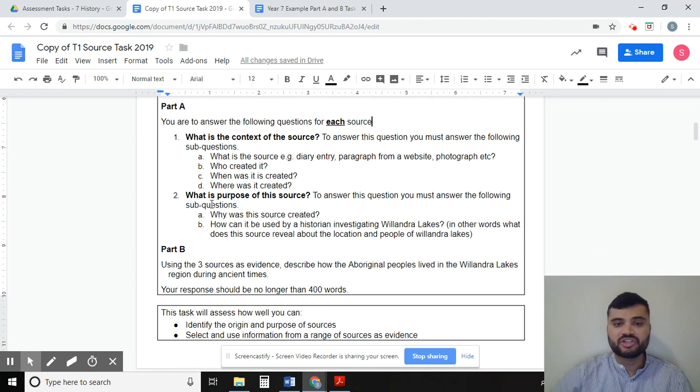The second question you must answer for your source is, what is the purpose of this source? To answer this question, again, answer the following sub-questions. Why was this source created? What is the purpose of creating a diary? What is the purpose of taking a photograph? What is the purpose of a piece of pottery? Depending on what the source is, why does one create this